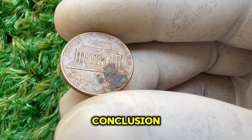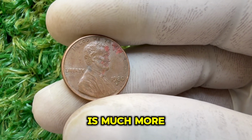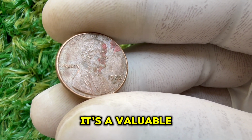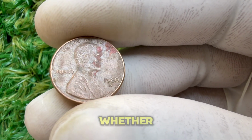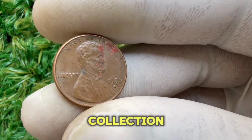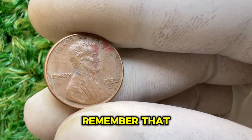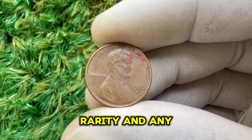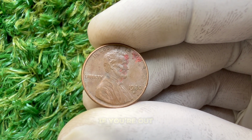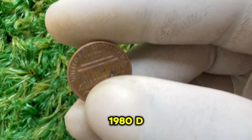In conclusion, the 1980 Mint Mark Lincoln 1-cent penny is much more than just a simple coin. It's a valuable piece of history and a potential treasure for collectors. Whether you're looking to add a rare penny to your collection or hoping to find one hidden in your change jar, it's important to remember that the true value of a coin depends on its condition, rarity, and any unique features it may have. So, if you're out hunting for rare coins, keep your eyes peeled for the 1980 Lincoln